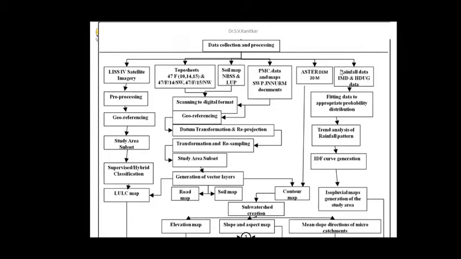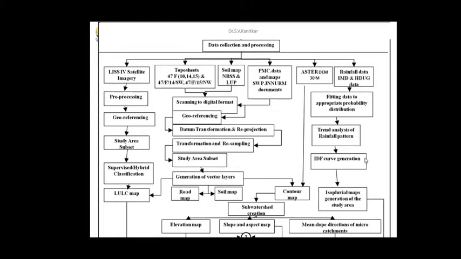So that rainfall data may be short duration data, or it may be daily or hourly rainfall, depending upon the rain gauge station. Now for the purpose of design, you need to fit this data into a probability distribution. So herein I have used about 10 to 12 probability distributions, trying to fit this data into different distributions, and then also a trend analysis of what the rainfall pattern is,